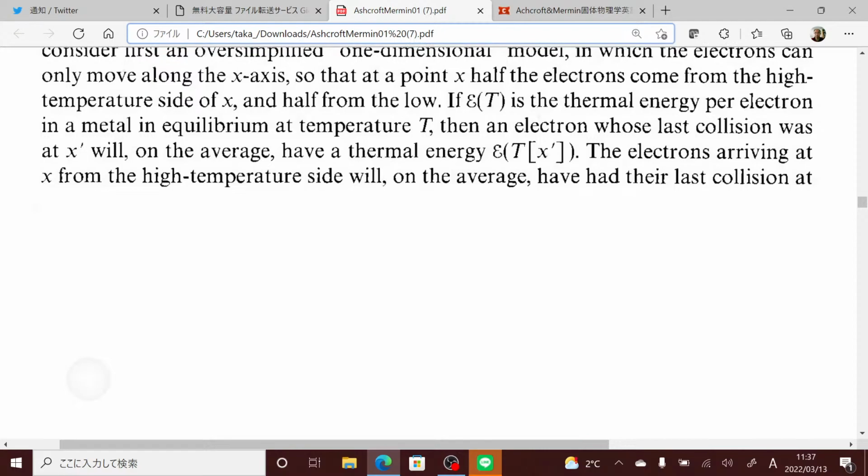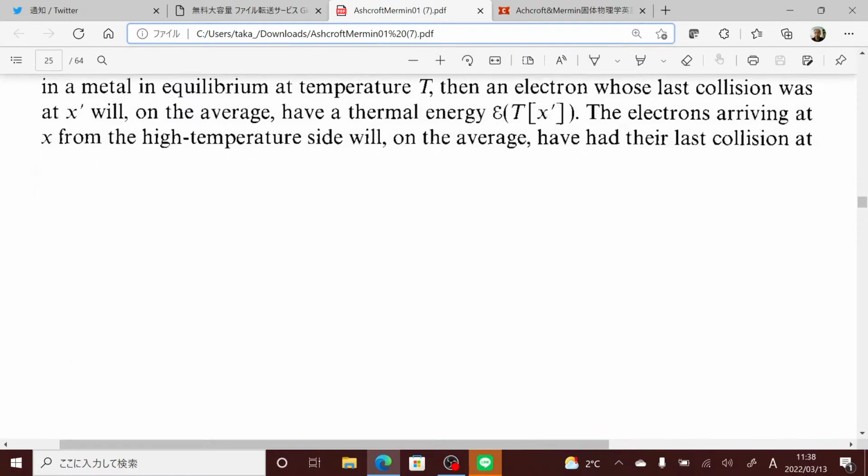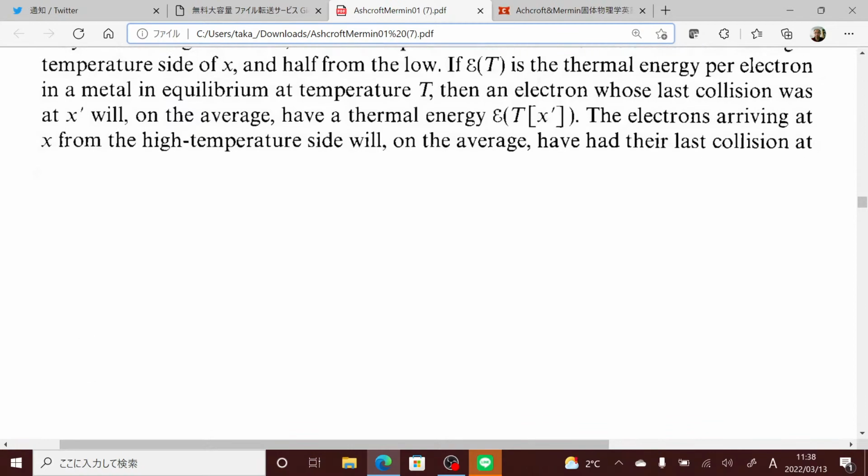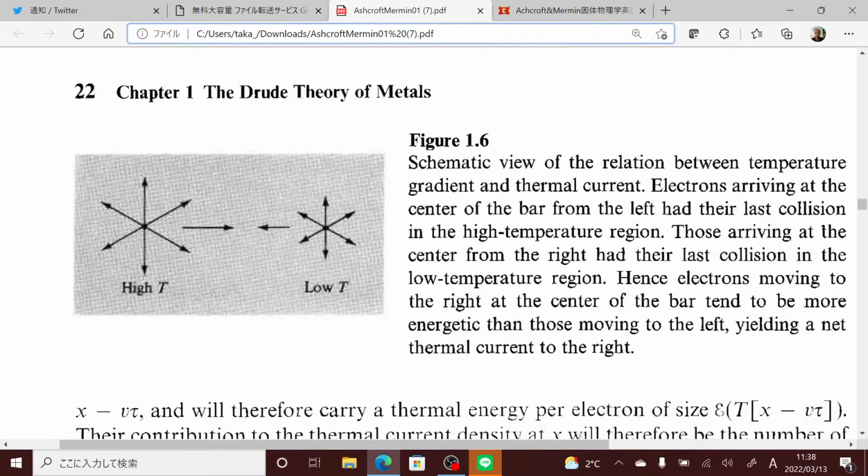The electrons arriving at x from the higher temperature side will, on average, have had their last collision at x minus v tau